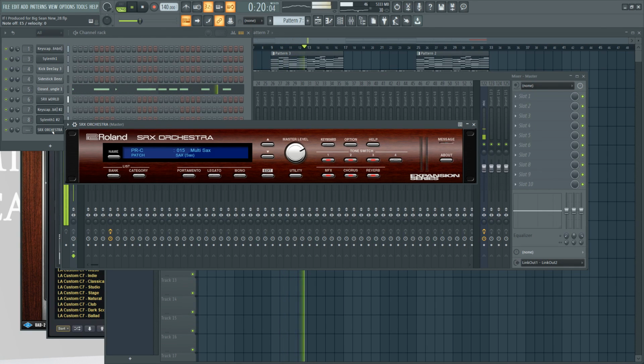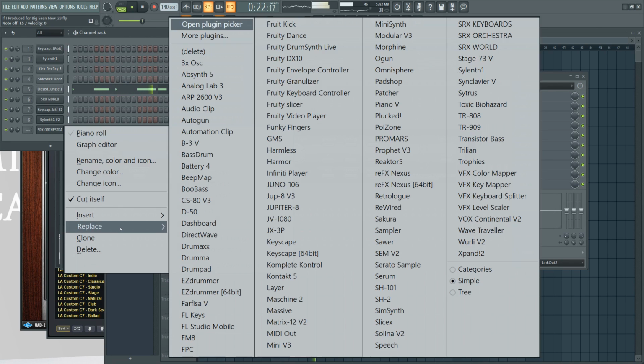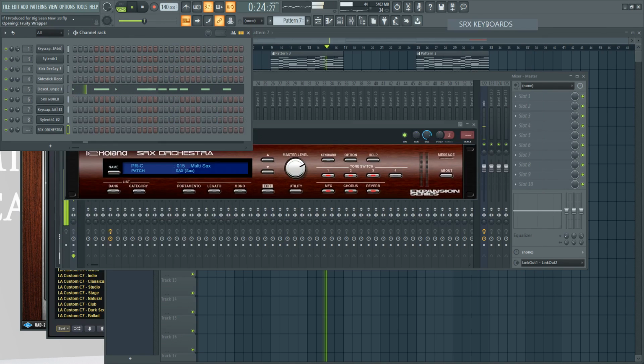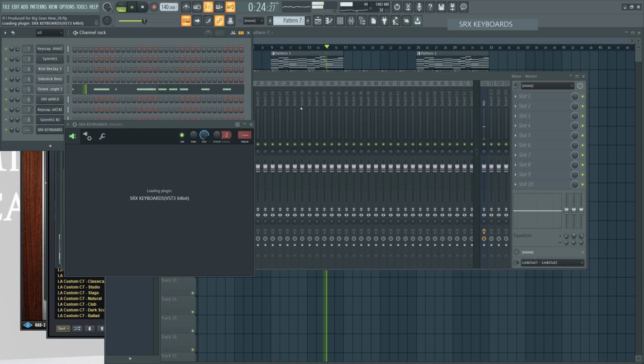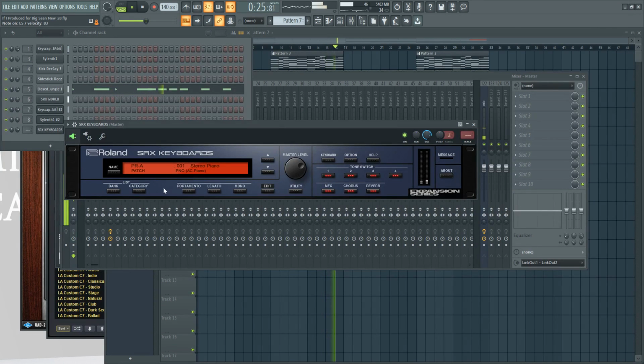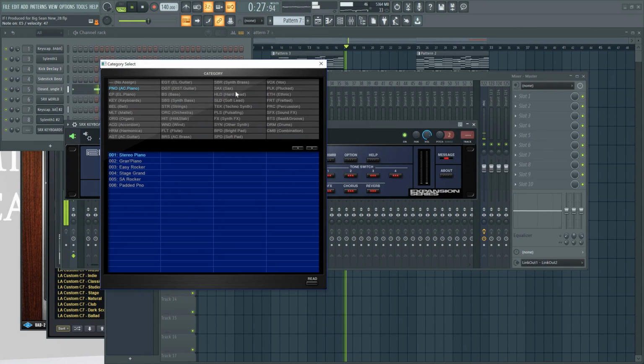See if we can find different. Let's go to SRX keyboards instead. That one, but this might work. So I just gotta hit it once.